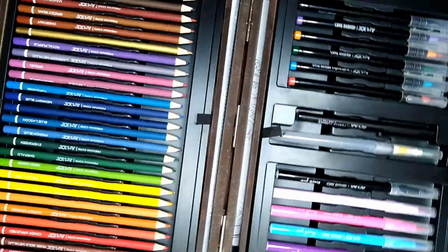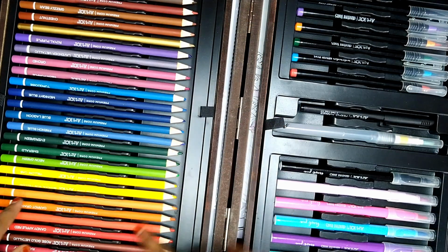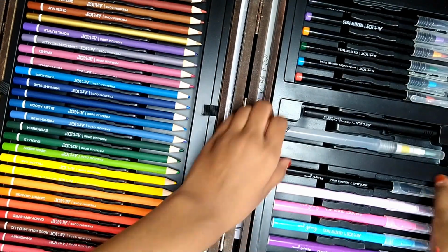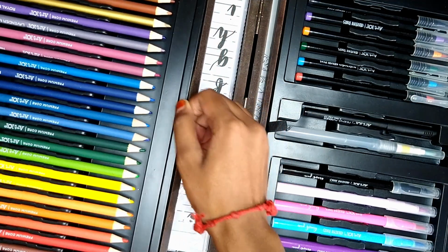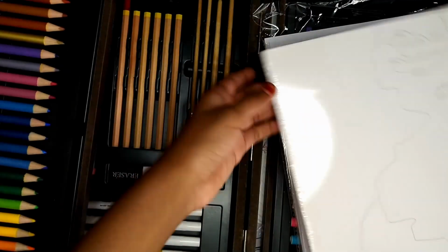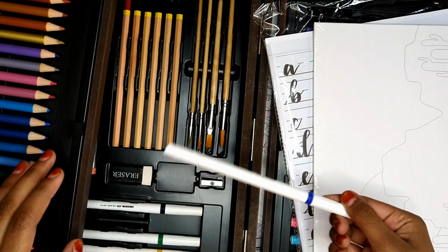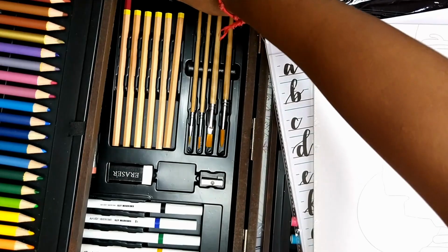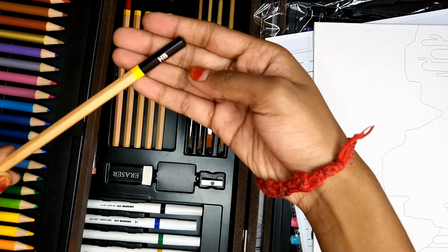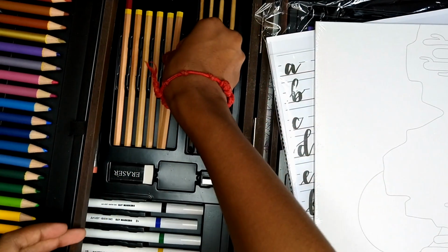Today I have this box with me. This is an art kit that I use most of the time. I've never showed you what's inside. So there's color pencils, and then there's brush pens and a fine tip, like a black fine tip marker. There's a watercolor brush pen where you put the water inside. And then there's some other cool pens, oil pastels, paint brushes, alcohol markers, then